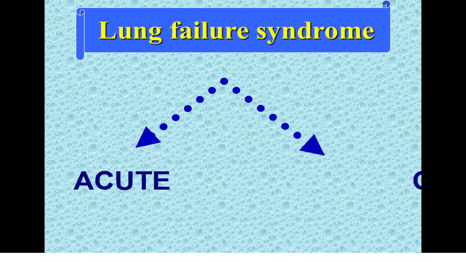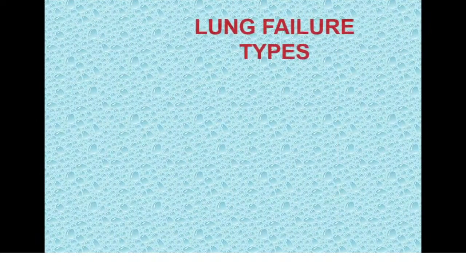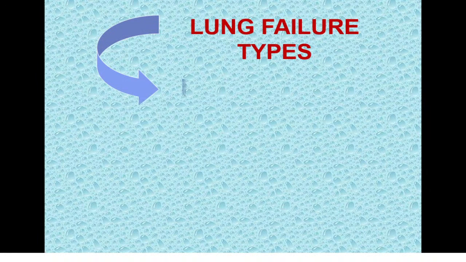Acute lung failure appears suddenly due to severe acute pathology. It may be bilobar pneumonia, it may be trauma, it may be lung infarction, and chronic lung failure, which will be formed in the patient with any chronic lung diseases, bronchial asthma, chronic bronchitis, tuberculosis and others. Lung failure is divided into some types depending on